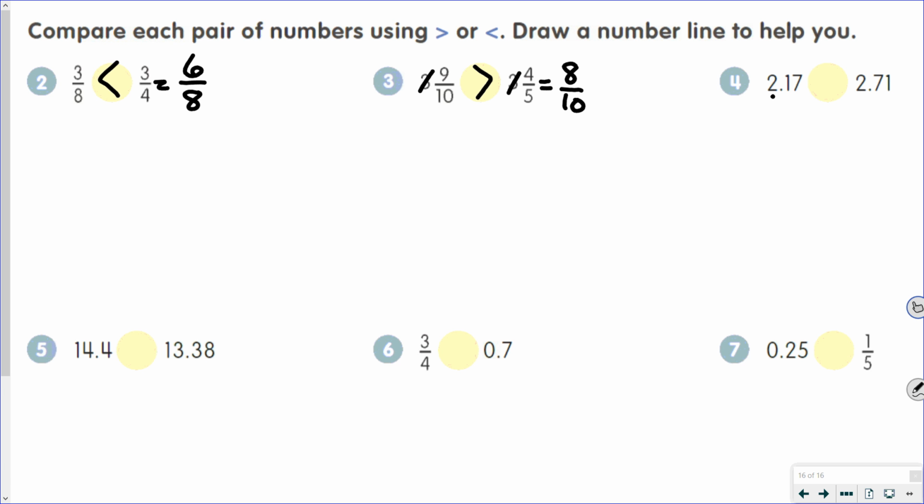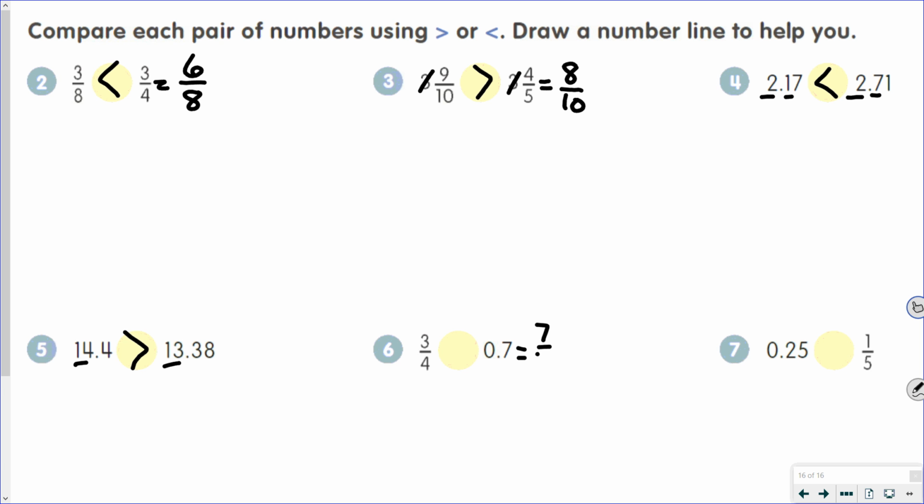For number 4, our decimals, our whole numbers are the same. Our 10th places are different. 1 is less than 7. So 2 and 17/100ths is less than 2 and 71/100ths. For number 5, our whole numbers are different. 14 is greater than 13. For number 6,